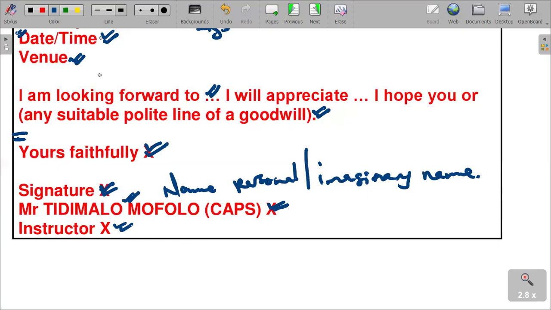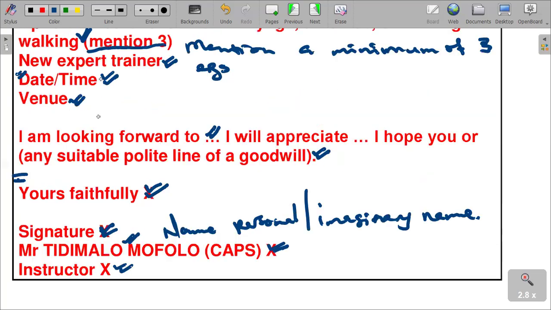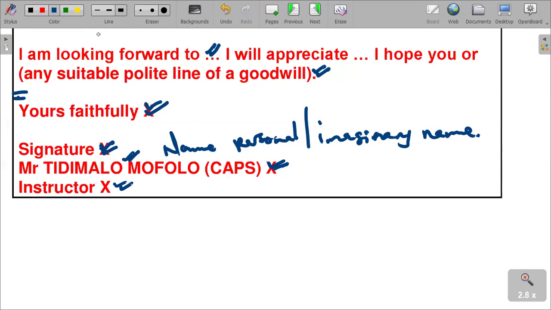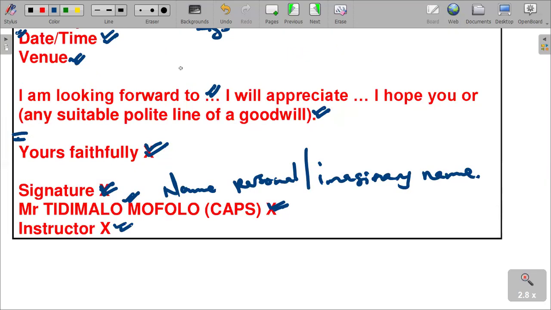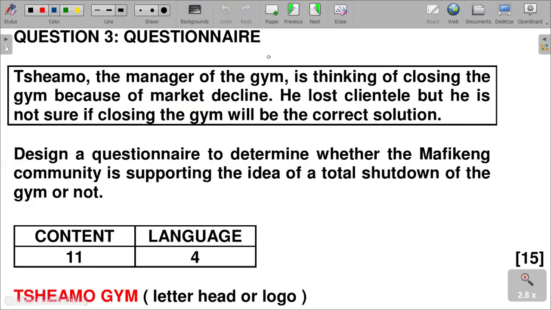You cannot take it as a newspaper article that you can take 3 hours reading. So take note of those special nitty-gritties that you must not make errors on. So therefore, that is how you write a formal letter. And then question 3,